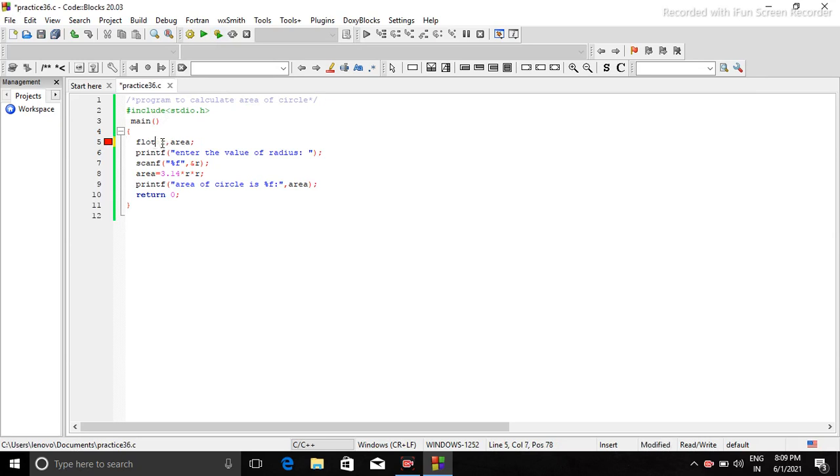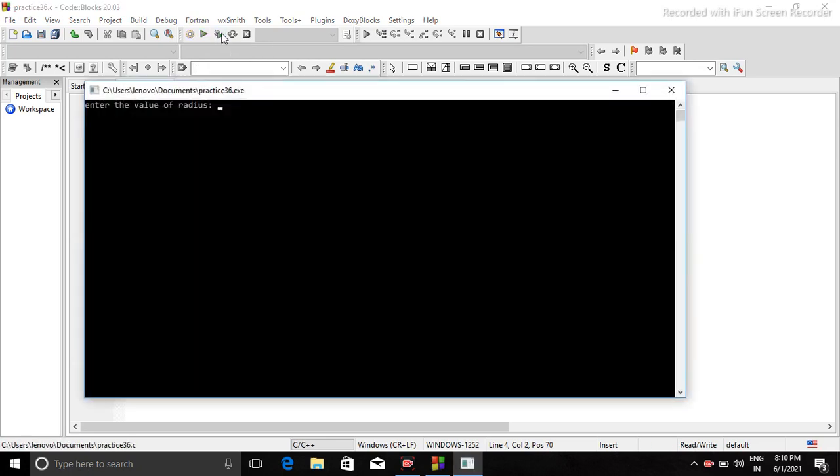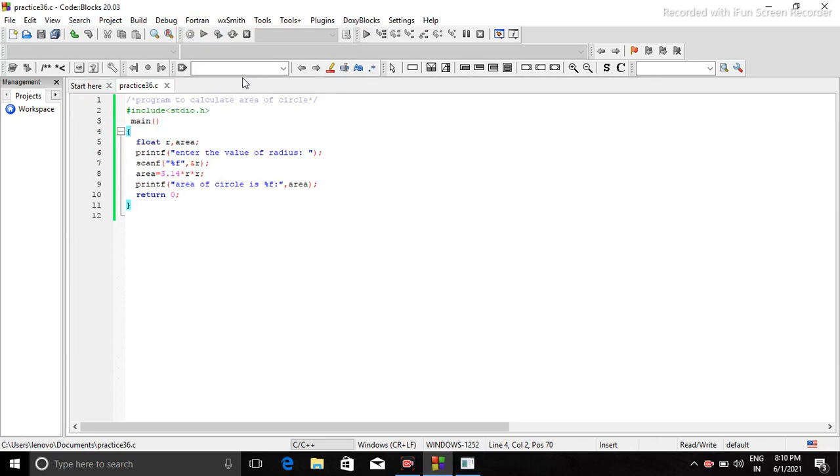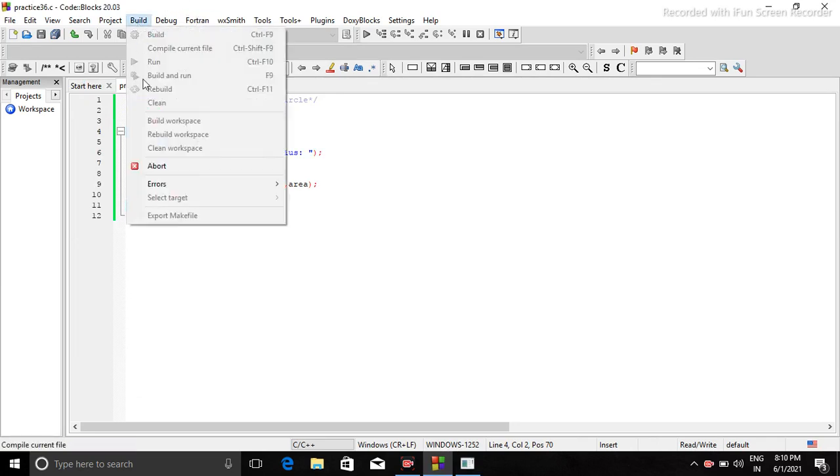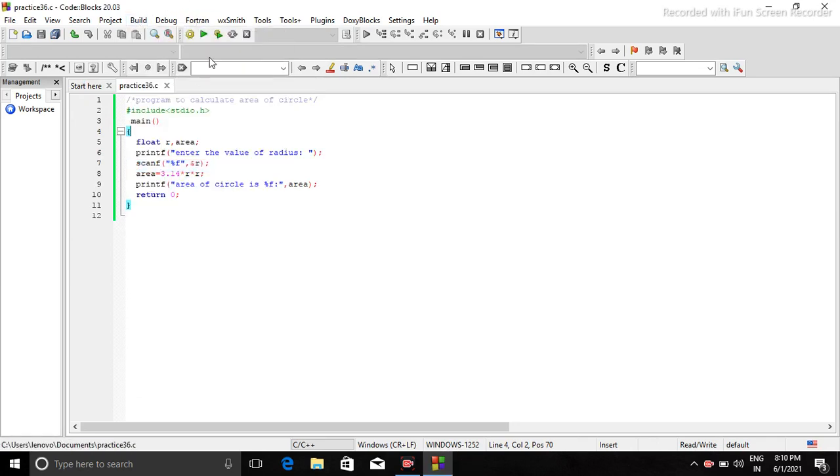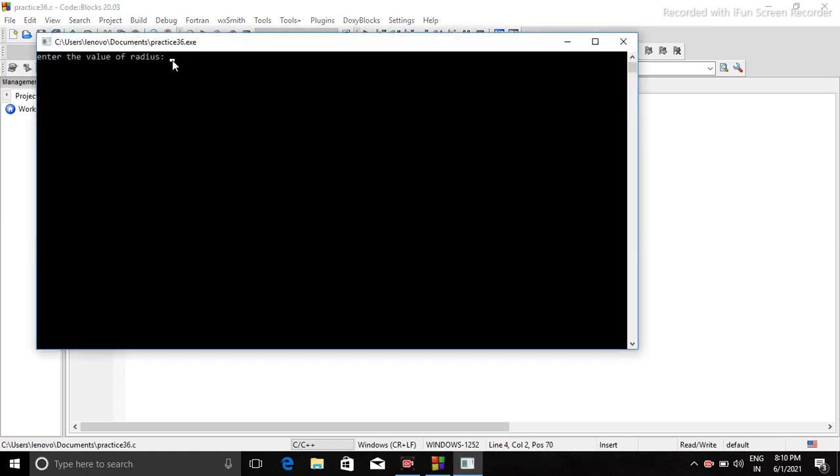So we have committed a mistake here. The data type should be float. I have made a mistake in the spelling of float, so my bad. So if we build and run now, we are getting "enter the value of radius".